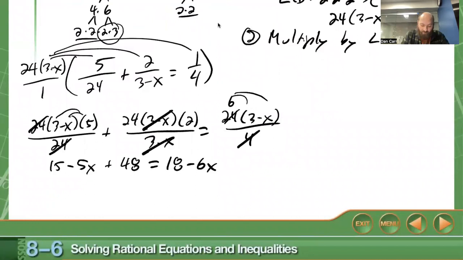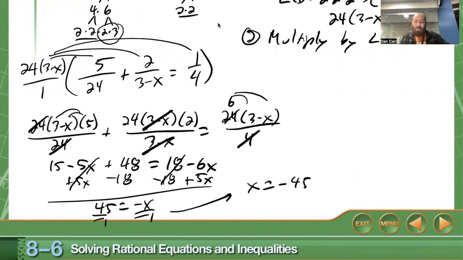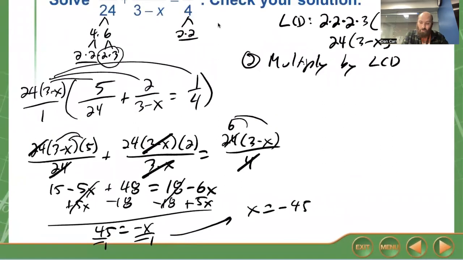So I'm going to go ahead and add 5x to both sides, and subtract 18 and combine that with the 15 here. So that's gone and that's gone. 15 plus 48 minus 18 gives me 45. Negative 6x plus 5x is a negative x, but then I divide by negative 1, and I get x equals negative 45. And that is my answer, as long as when you look back at the original problem,